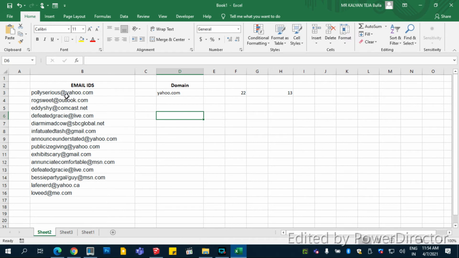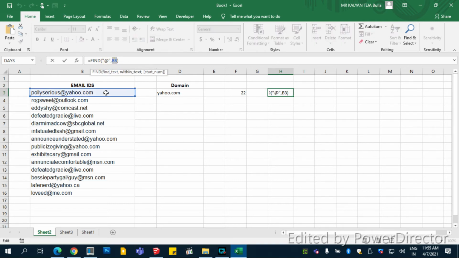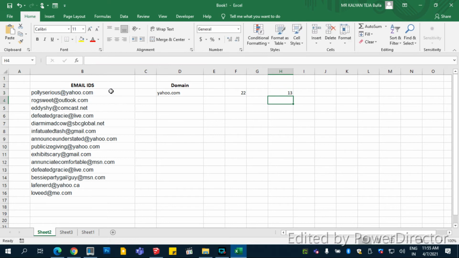So we have to find where the @ is. So we use the FIND command. We gave FIND @ in B3. The @ is the 13th character in the string. Similarly, for the next ones, it is the ninth and 8th character in the string.